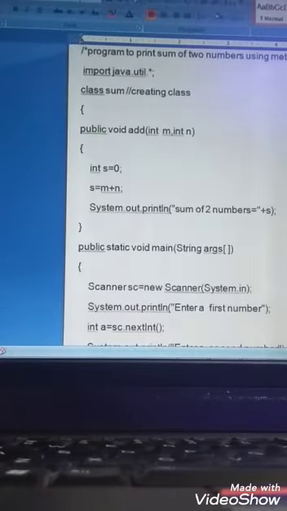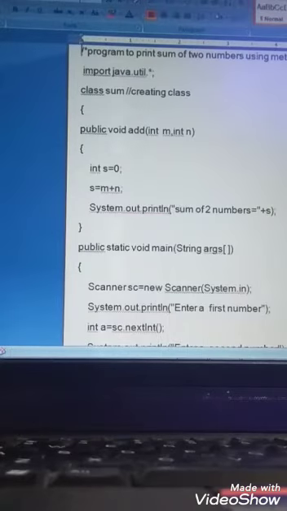So in order to remove that drawback, methods came into existence. Methods are also known as functions. We write the code one time and run it again and again by calling that function. That technique is known as a method. Here you will see in the program how we are creating the method.